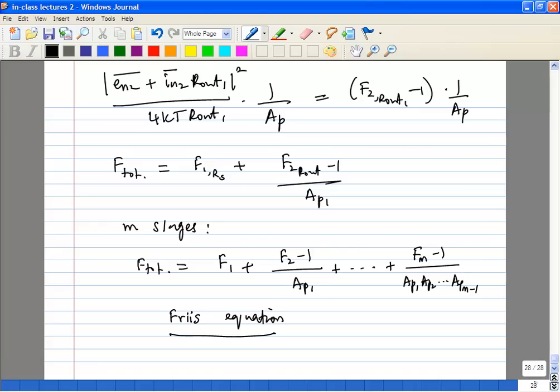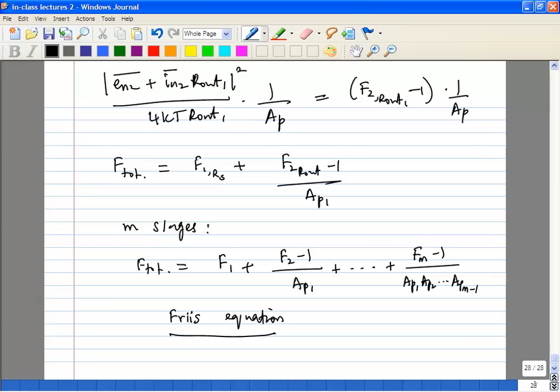So what that means is the low noise amplifier is pretty much the most critical portion as far as noise is concerned. The other thing it tells you is that as you keep going further down the receiver chain, the noise matters less and less as long as you have more and more gain behind it. And that kind of makes sense, right? Because as you keep adding more and more gain, the signal strength gets stronger and stronger, so your SNR also gets better. So the noise added by that stage becomes less and less significant.